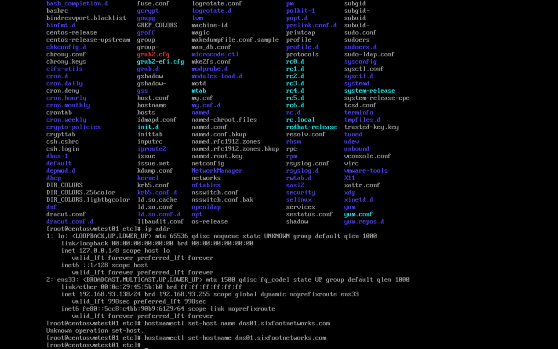Okay, so now that we have a host name, the previous host name was CentOS VM test 01, as you can see on this line right after root, because that's what it read when we booted it up. Okay, so now we set host name, we have an IP address, we're just going to leave that at that. Now we're going to, let's configure,